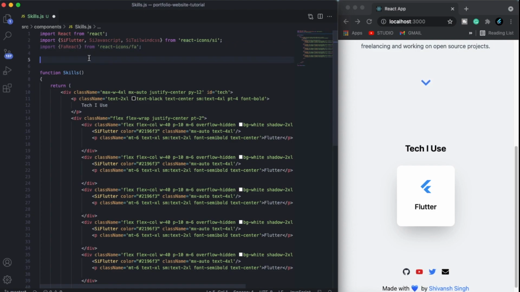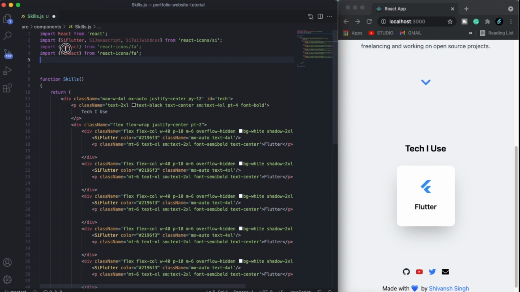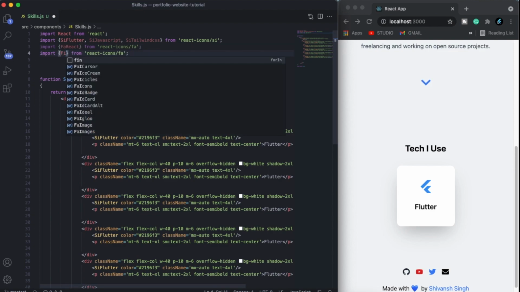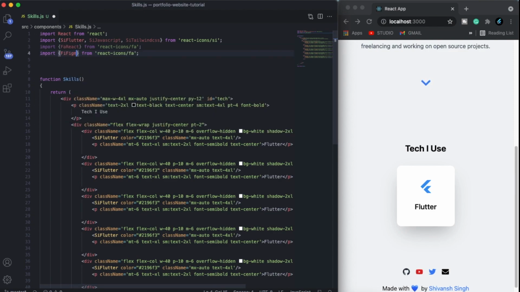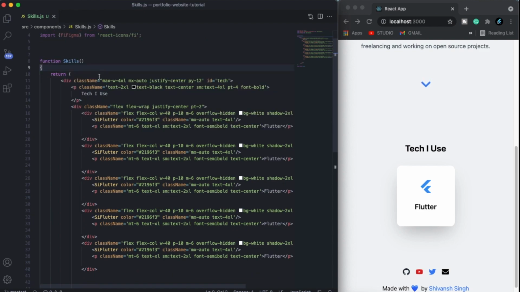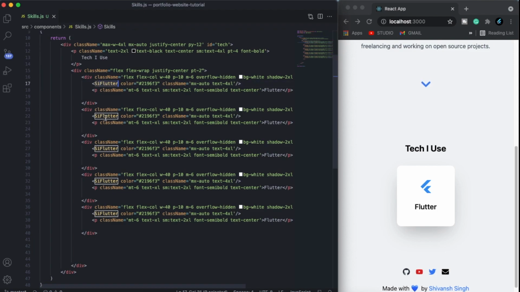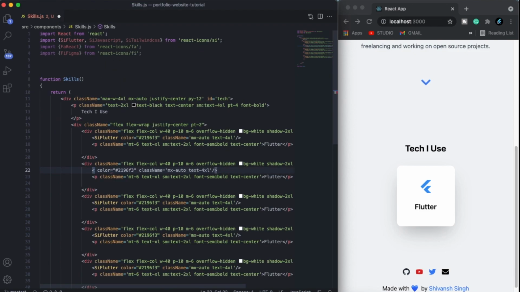Other than that, what we can have is a Figma design that I wanted. So I can write this Figma is in FI folder. So I'll write FI Figma, and here in place of this I will write FI. Now what we can do is, this is Flutter, then we can have React. What was the name of the React that I created? It was FA React. If I click on save,